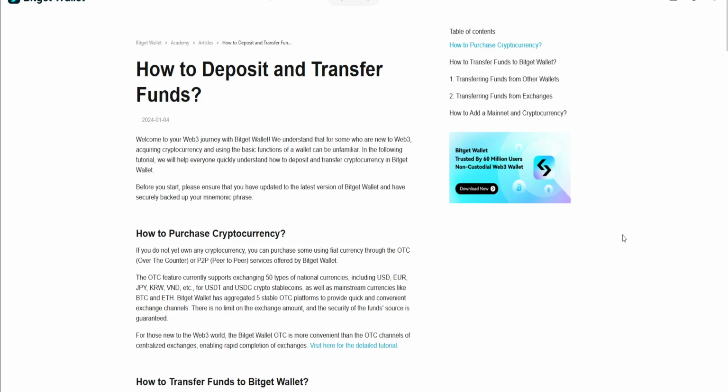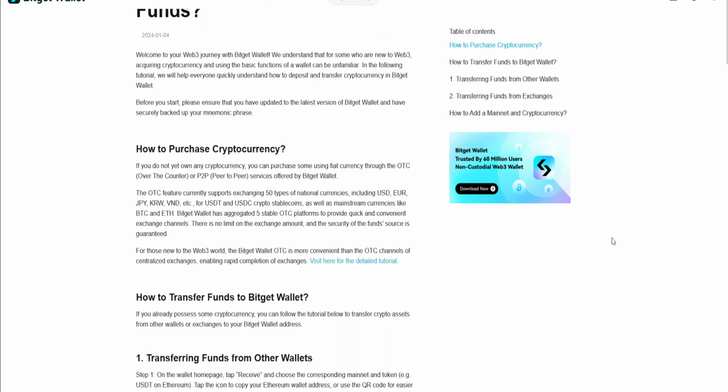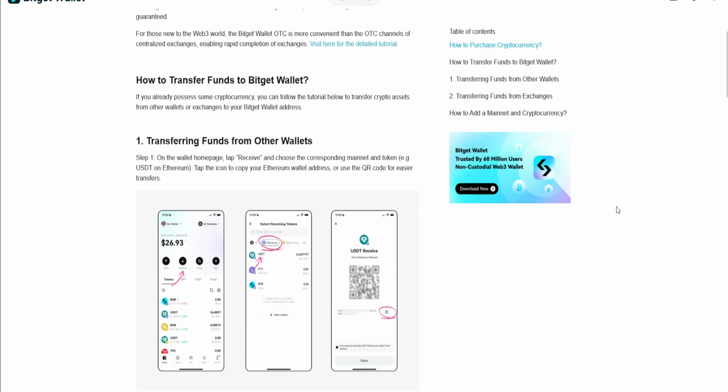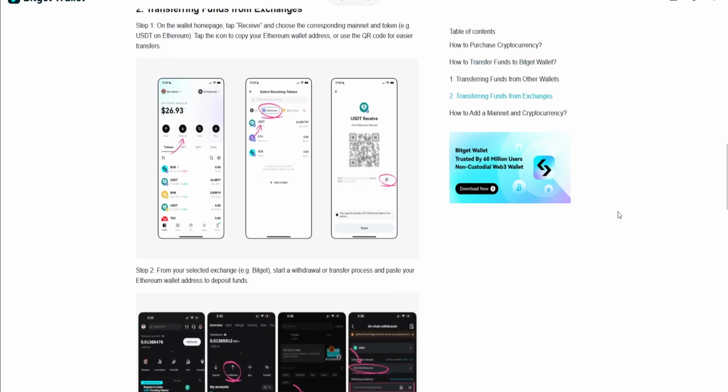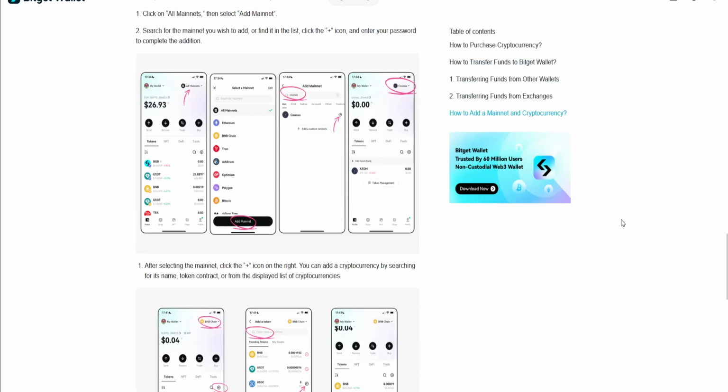How to transfer from Bitget to your wallet. So, how to transfer your funds to Bitget wallet. You can do that by transferring funds from other wallets as well, but transferring funds from your Bitget app